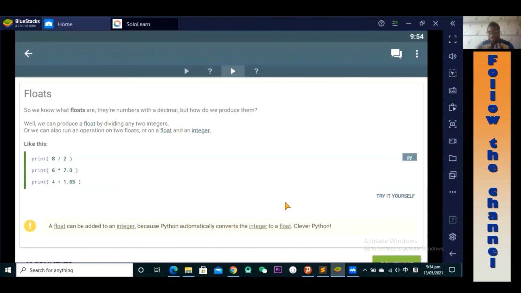And then if you perform any other operation, whether to add, to multiply, or to subtract an integer with a float, you always get a float. Okay, so two integers, obviously, if you add them, they will give you